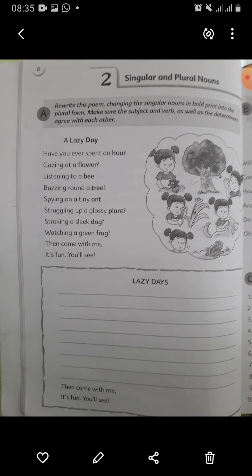Now, dear students, we have to change the singular nouns given in bold print into plural forms. Clear? For example, have you ever spent an hour?